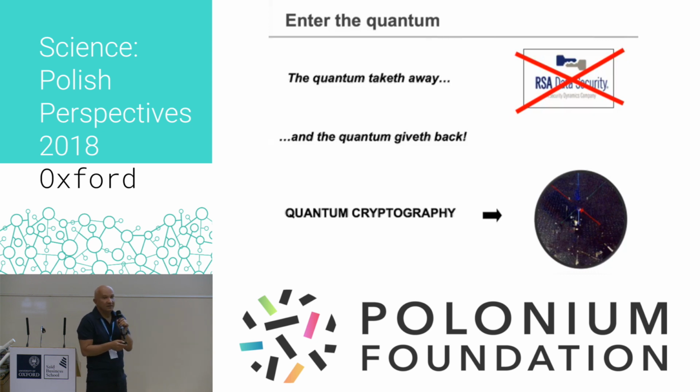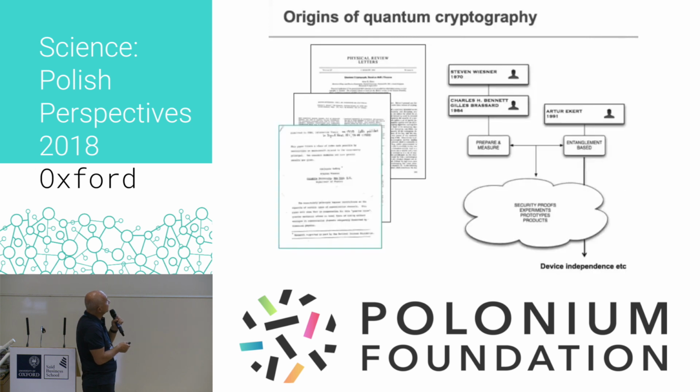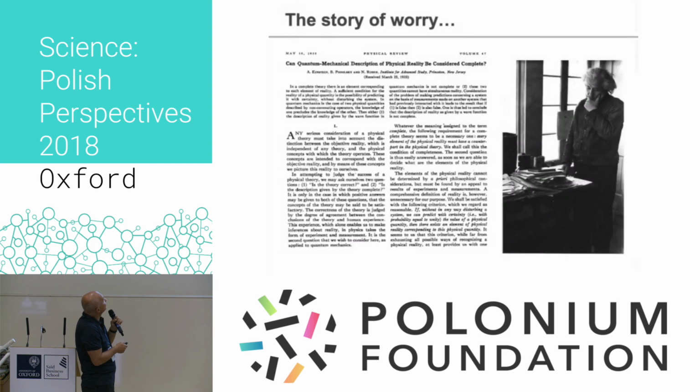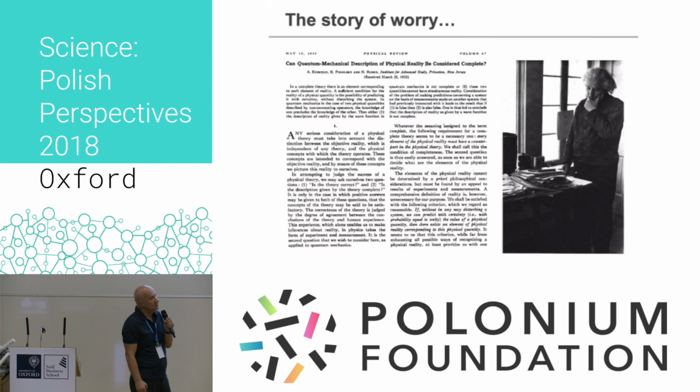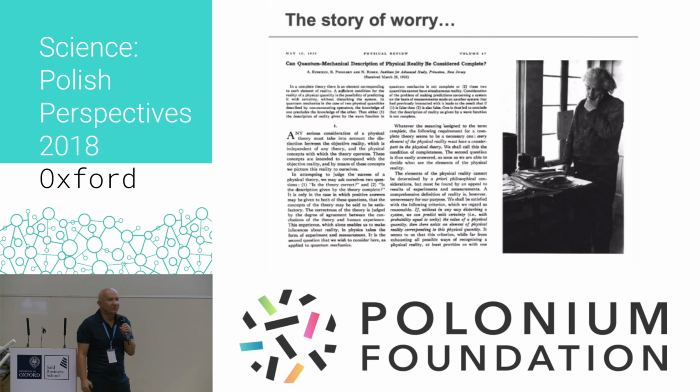So let me just take you into this quantum domain to tell you how it works. That's maybe less important. So the story actually goes back, or I can claim that it could be Einstein who could have invented quantum cryptography. He didn't, but at the time when quantum physics was the really hot topic to work on, mostly in Europe, Einstein was already a well-established, very eminent physicist in Princeton, and he was a grumpy guy who didn't like